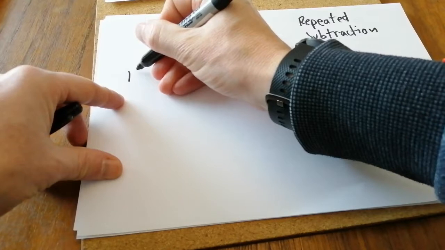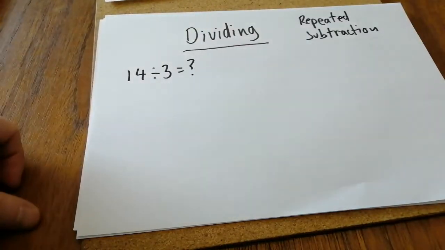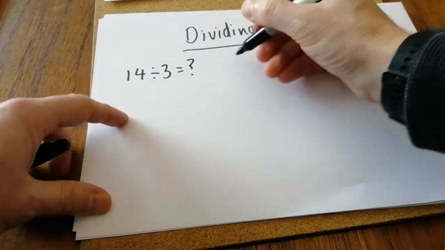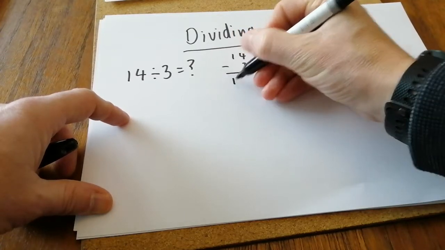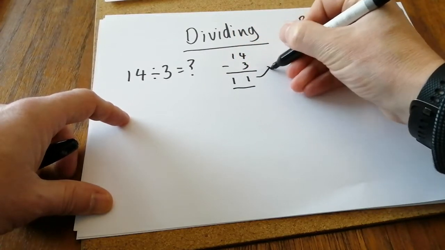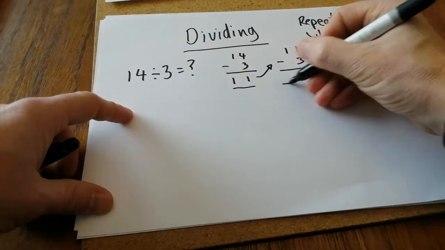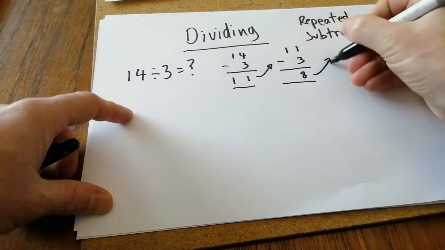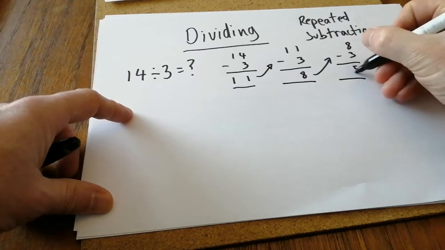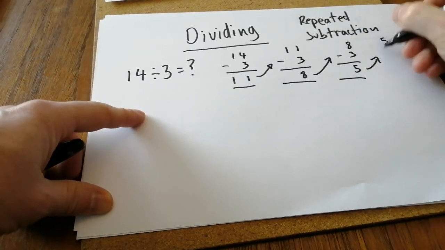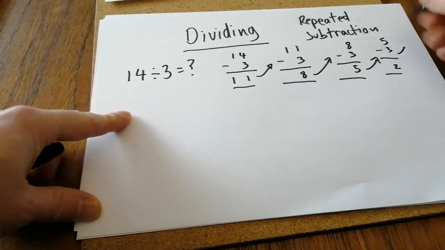Okay, let's say that our question is 14 divided by 3. To use the repeated subtraction method that we've talked about, we would do 14 take away 3. The answer to that question is 11. Then we take our 11 up the top, and we do 11 take away 3. The answer to that question is 8. We take our 8 up the top, 8 take away 3 is 5. We take our 5 up, 5 take away 3 is 2. We take our